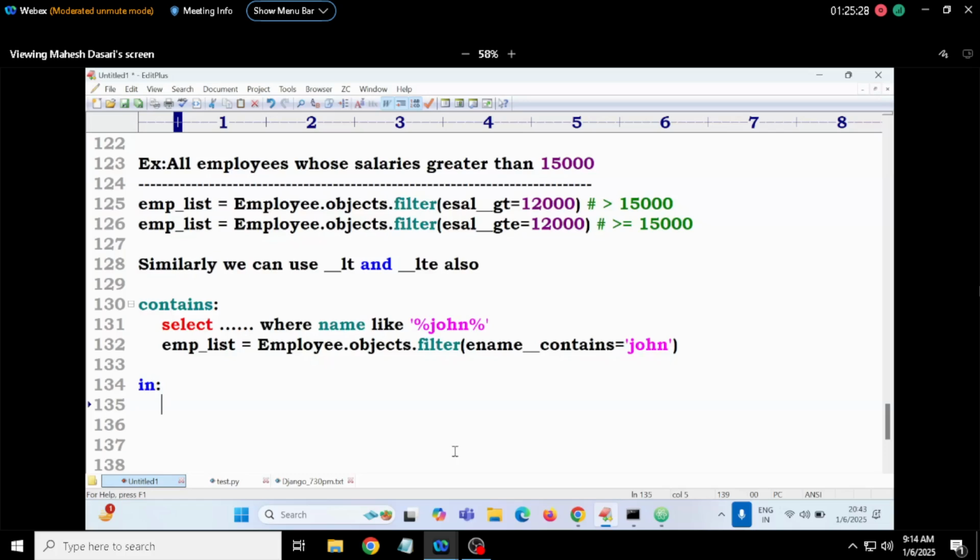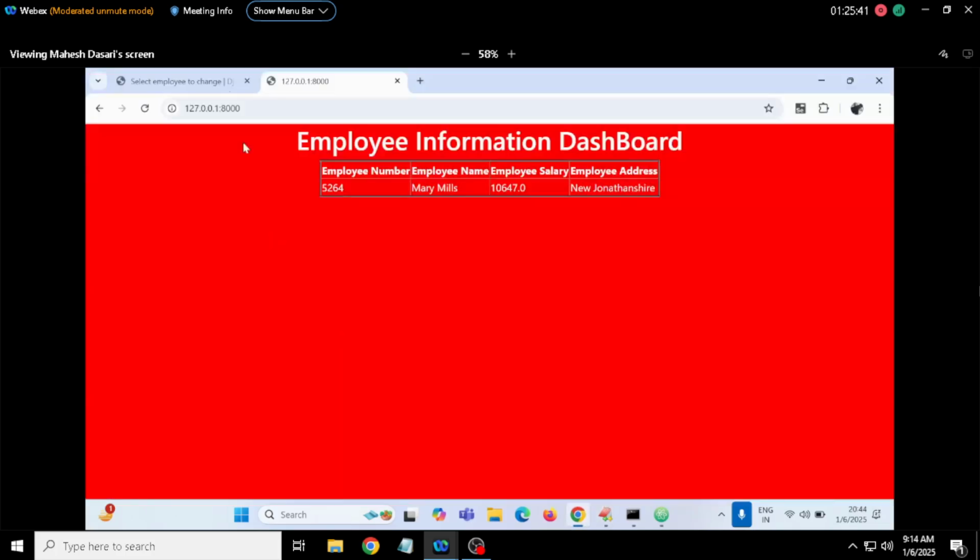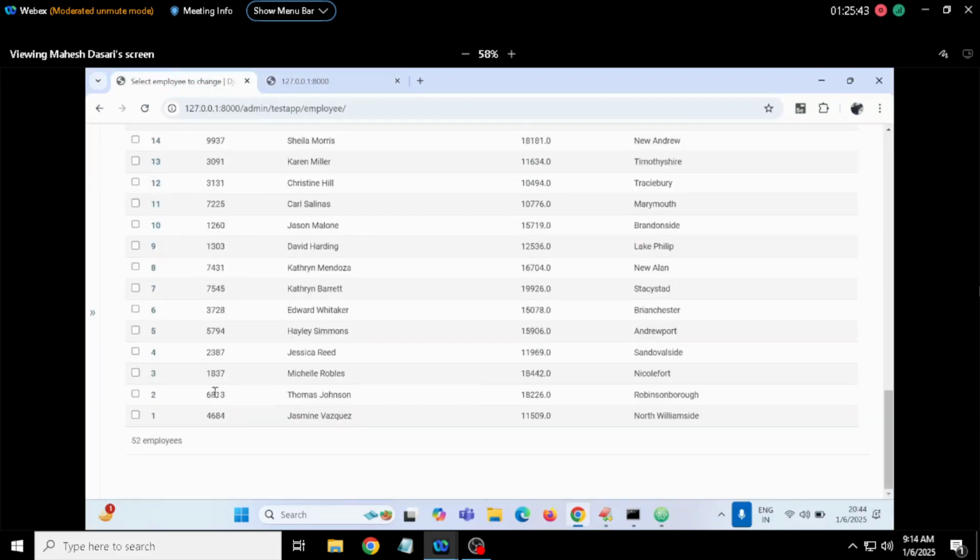In Python we have membership operators, in and not in. So in means whatever values are there, they will be displayed. My requirement is all employees IDs which are having one ID. First one,